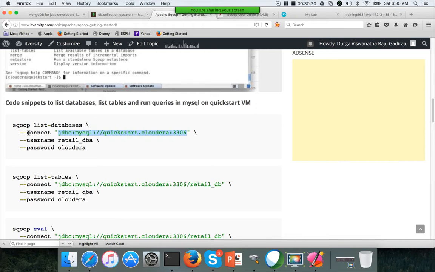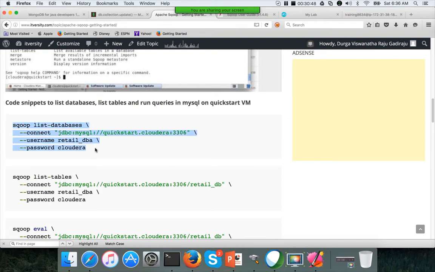So each of the parameters in Sqoop is prefixed with hyphen hyphen and then parameter name and then parameter value. Okay, and the backslash at the end is to write the code in multiple lines. It is a Linux feature. It's not a Sqoop related feature. We are leveraging the Linux feature to write the Sqoop command in multiple lines, so it is readable for everyone.